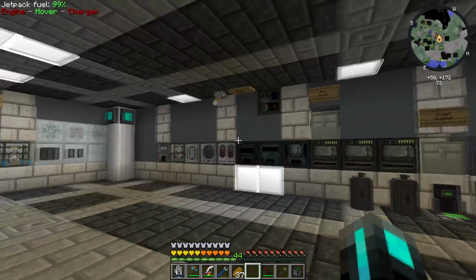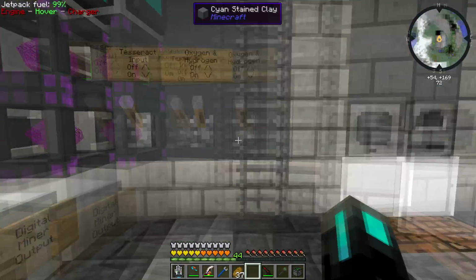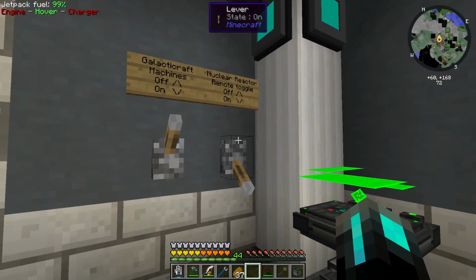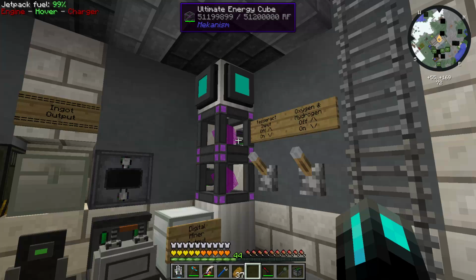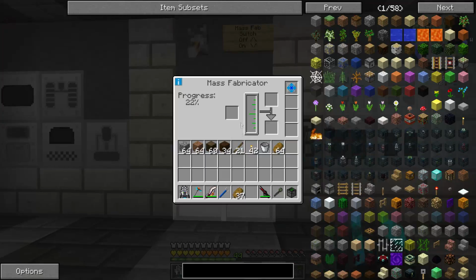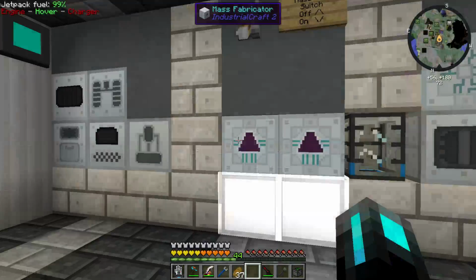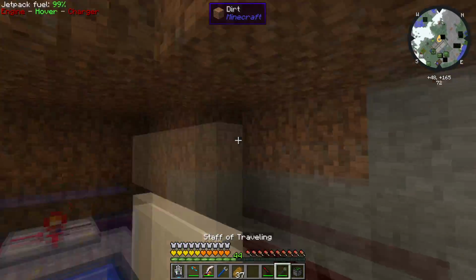to my lab, and here we are, the ultimate energy cubes. I've filled them. The reactor's actually on at the minute. They should be off by default, I would have thought. We're running two mass fabricators, which I thought would actually be more power consuming, but it's actually not that power consuming. If I use the staff of travelling to go behind the scenes,